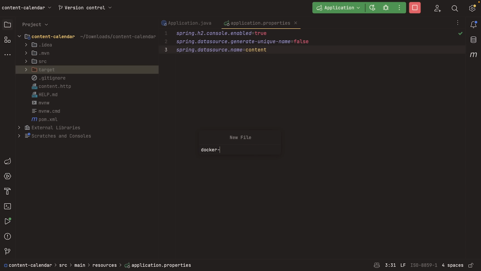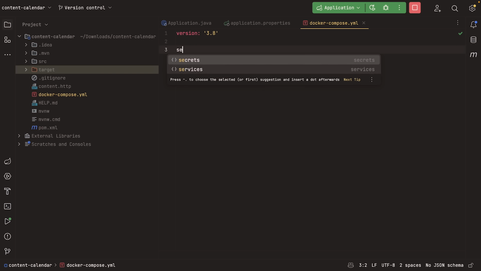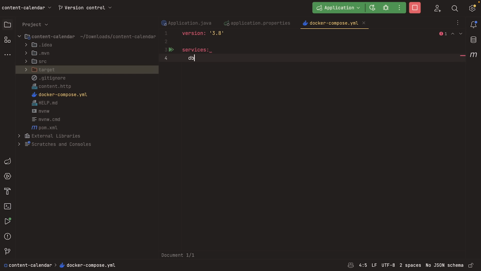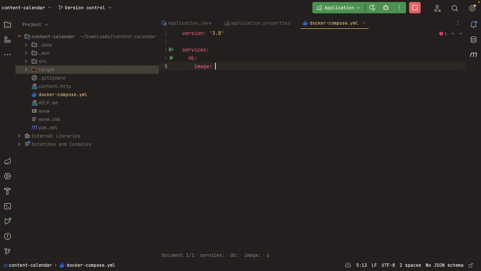So I'm going to use Docker here. Again, I don't want to go through the tutorial of how to set up Postgres on my local machine and connect to it and make sure everything works. I'm going to use Docker to basically spin up a Postgres container. So let's say 3.8, and then we want to create a service. So services, DB. We'll call this DB. This DB is going to have an image of